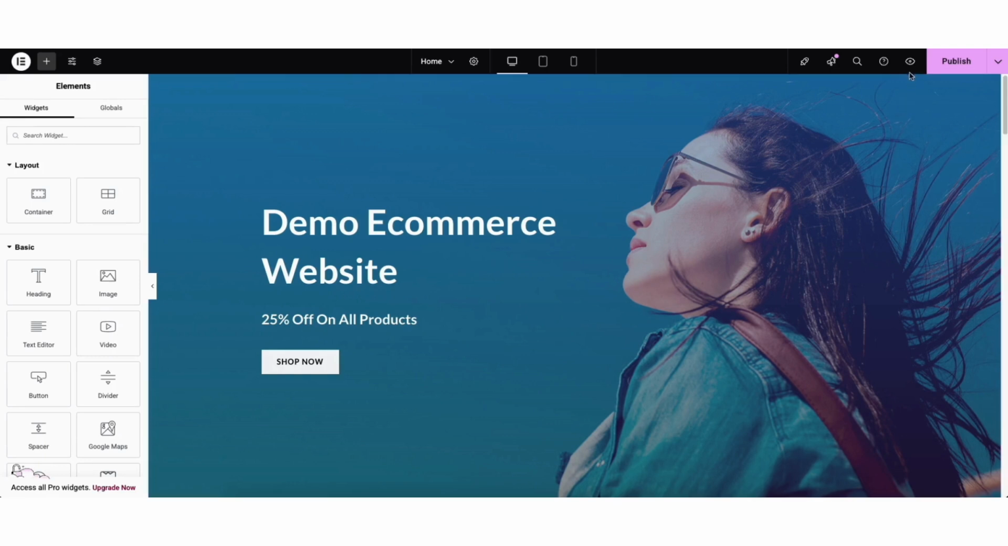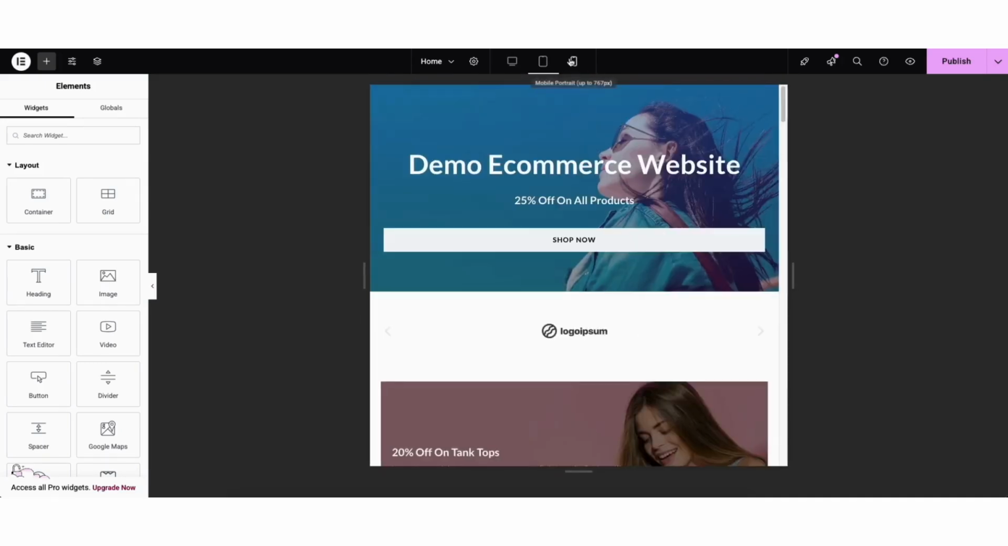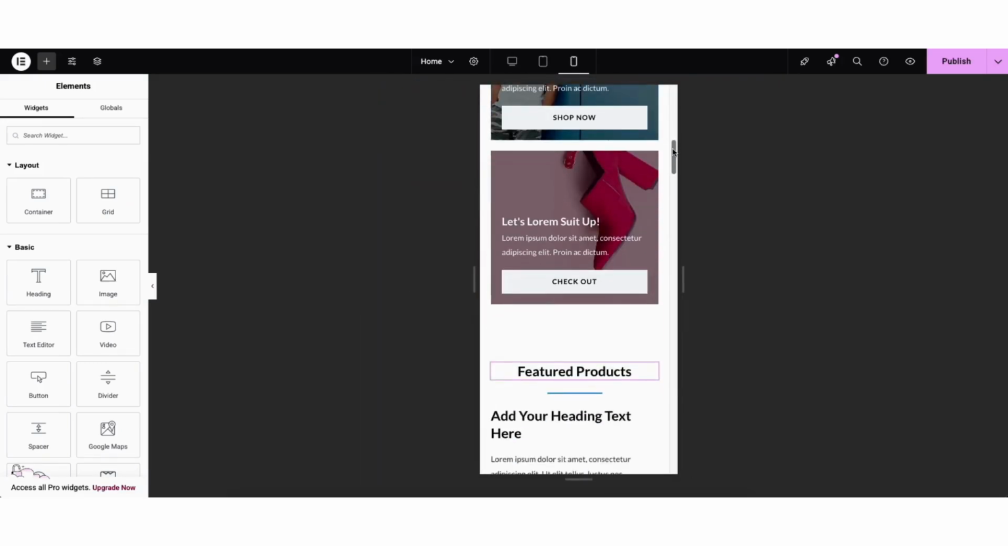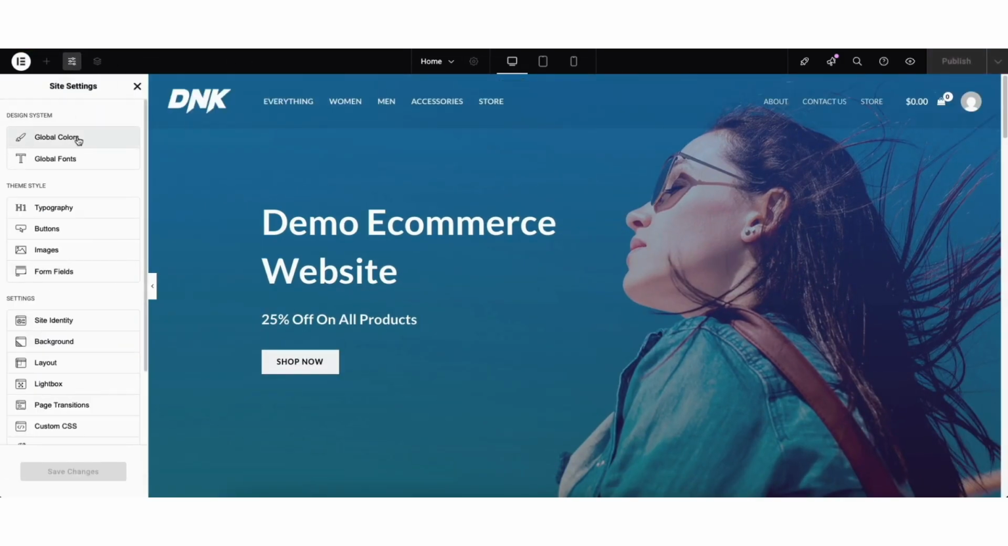To view changes you've made to your site, click the eye icon and it'll show you a preview of your site. If you click the desktop icon, it'll show you what your changes look like on desktop devices. The tablet icon will show tablet devices, and the mobile icon will show mobile devices. If you hover over the site settings icon and click it, you can change things like the colors of your entire site,